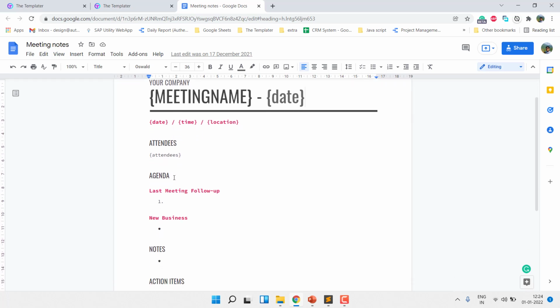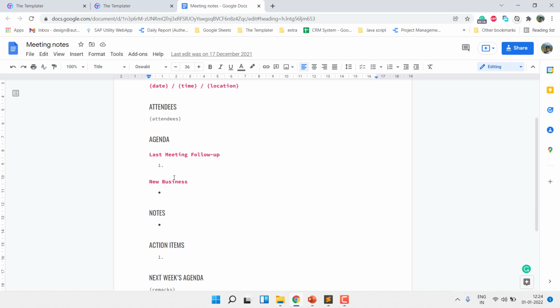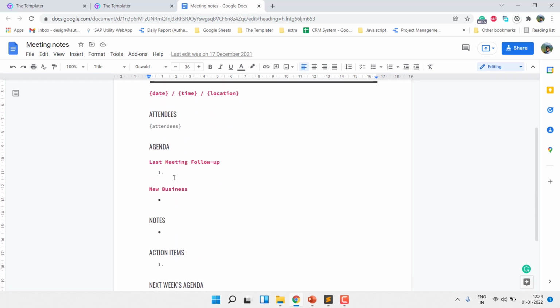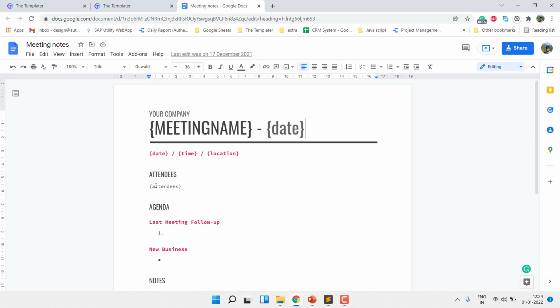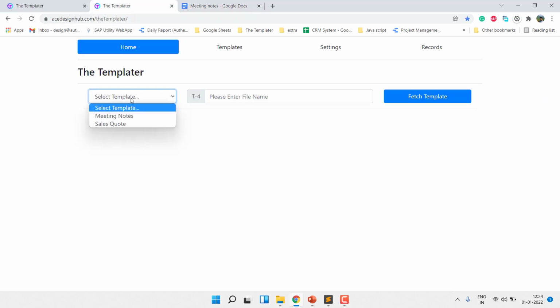In your document, you can use the same philosophy to provide replacement text and variables, we can say. Also, you can use the same variable as many times as you want, and you will only have to fill it once while generating the document. So we'll just create a sample document for this template using our application. We'll select the template, that's meeting notes, and we can just type the name, demonstration meeting for Templater, for example.